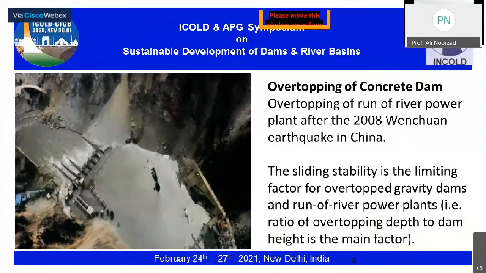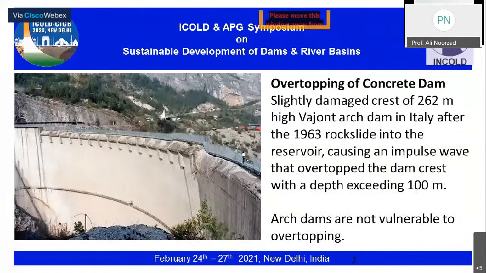However, if you have major overtopping of run-of-river power plants, then we may have a stability problem, which has to be taken into account. Otherwise, if you have small overtopping heights, basically nothing occurs to the safety of these dams. On the other hand, if you look into a large arch dam, this is the Vajont arch dam, 262 meters high, where in